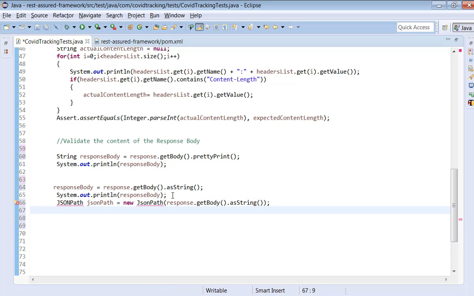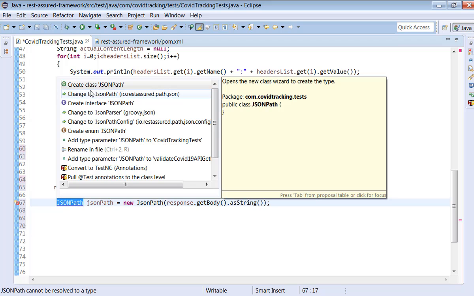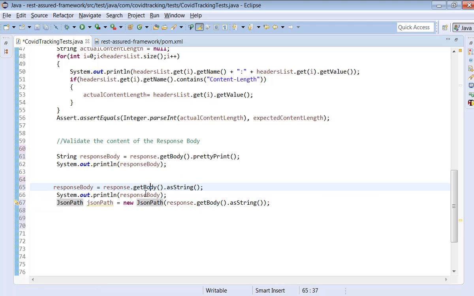String. Yeah. Let's try to import. You can see here, change to JSON path, io.restassured.path.json. Let me try to import that. Now we got the JSON path.